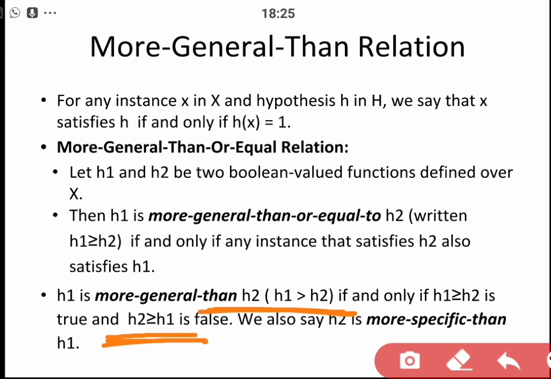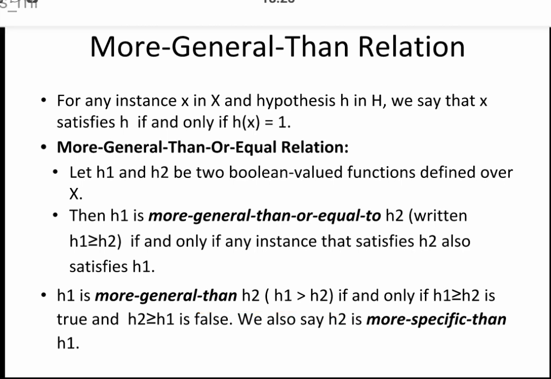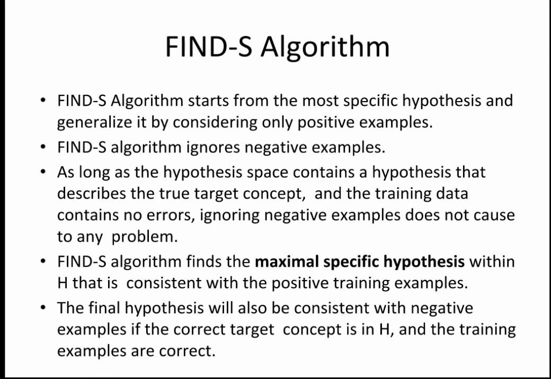Now see, it is not always the case that we have to find our more general hypothesis, or that we need not consider our most specific hypothesis. It basically depends on the algorithm that you are using. The algorithm that we are using today is the FindS algorithm, which works by starting with your most specific hypothesis, and at last you will find your maximal specific hypothesis. Again, try to understand the difference between most specific and maximal specific. Most general is where any value for all the attributes is possible.